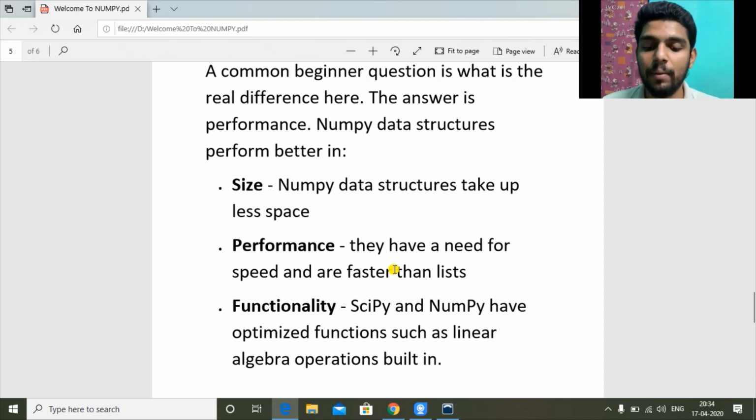And functionality: SciPy is another package like NumPy, and it has optimized functions for these NumPy arrays. As you have learned, a list means the data in a list can be stored dynamically. First you store one element, then later you can add one more element, now you have two, then again later you can add a third element. You can update the list, you can update data in it also, but you cannot add